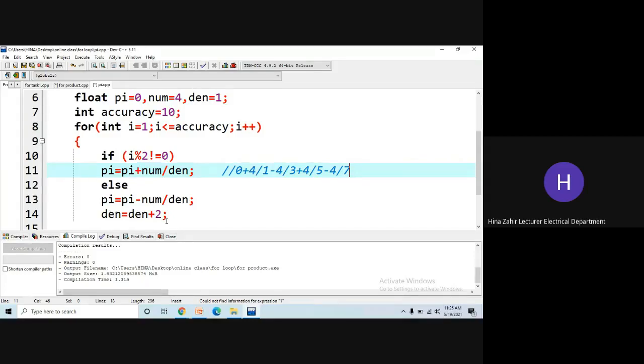तो अगर आप देखें तो जब आई की वैल्यू 1 होती है तो पहली वाली कंडीशन ट्रू होगी, यानी कि इफ ट्रू हो जाएगा, एल्स नहीं होगा। तो पाई की ऑलरेडी जो वैल्यू है 0 है, 0 प्लस न्यूमरेटर बाय डिनोमिनेटर, न्यूमरेटर की वैल्यू 4 है, 4 डिवाइडेड बाय 1, डिनोमिनेटर की वैल्यू 1 है। अब एल्स हट जाएगा, क्योंकि एल्स तो तब होगा जब इफ नहीं ट्रू होगा। और फिर यहाँ पे डिनोमिनेटर की वैल्यू 2 से इंक्रीमेंट हो जाएगी। अब डिनोमिनेटर की वैल्यू है 3।